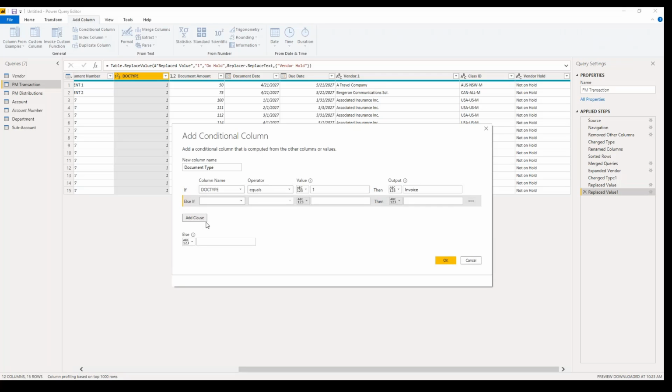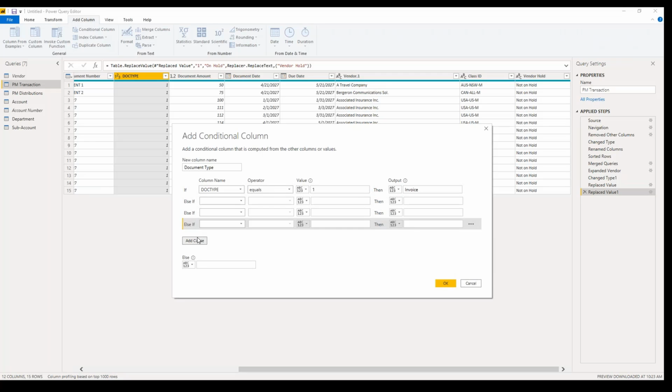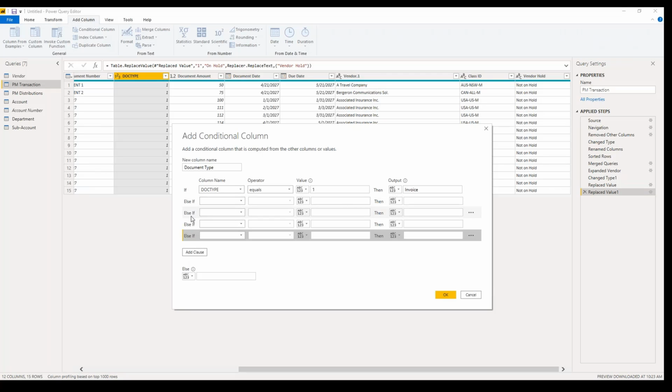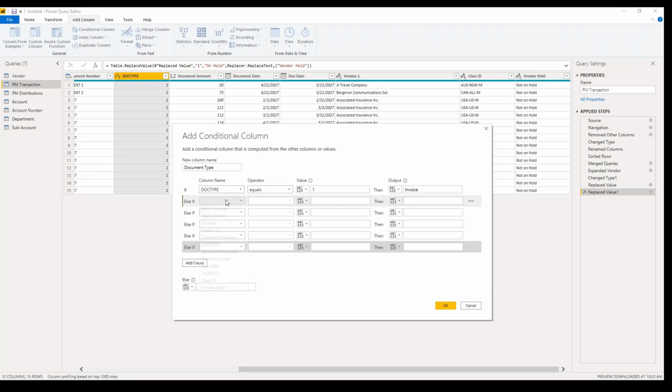And now I could go through and add in more clauses. I'm going to do that now. 2, 3, 4, 5, 6. Okay. So I'm going to repeat the steps. If it's equal to 2, it would be finance charge. If the doc type is equal